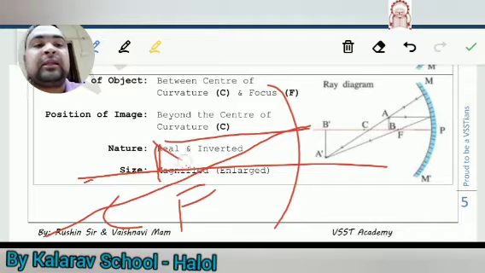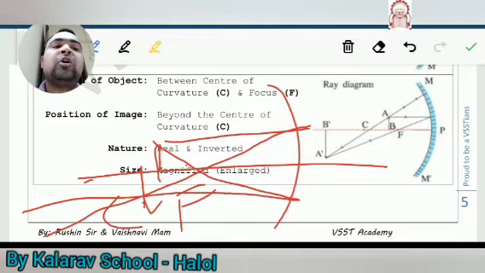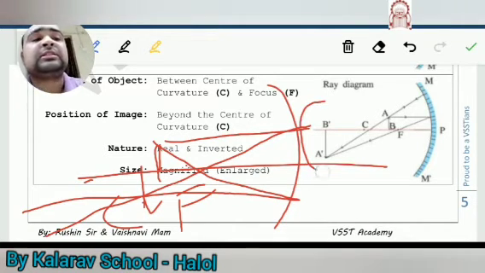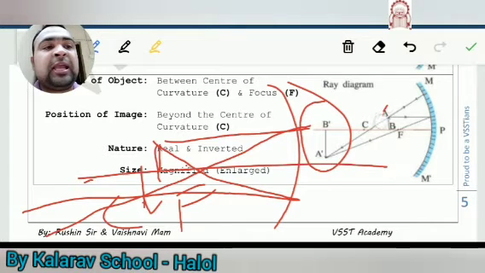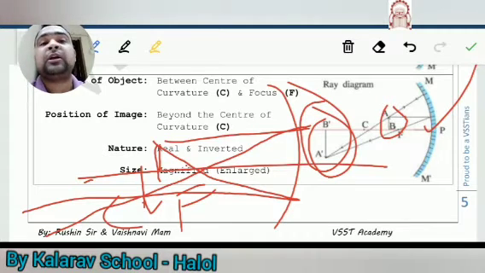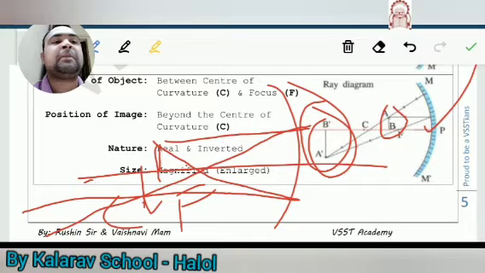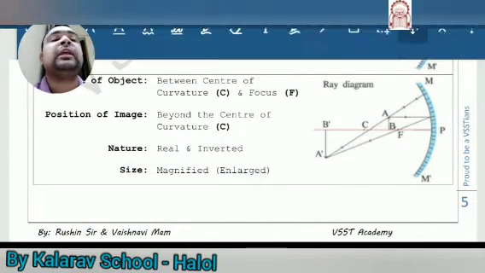Okay, you take the other ray, and in this way you will get the intersection. Draw the image size. Okay, you will 99% get this type of bigger image. Means compared to the height of AB that you took, this height will always be greater. And remember, it is not necessary that you only consider the rays given in this figure. You can consider any 2 rays out of the 4 rays. Whichever looks easy to you, that ray you consider, and try to form the image. Okay, now we will move on to the next stage.